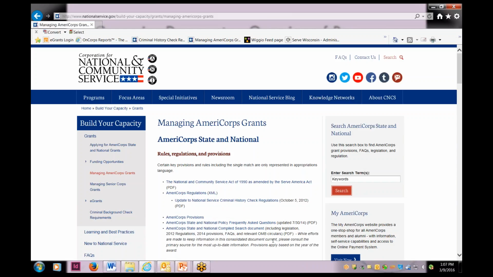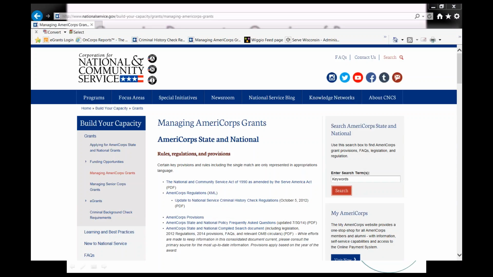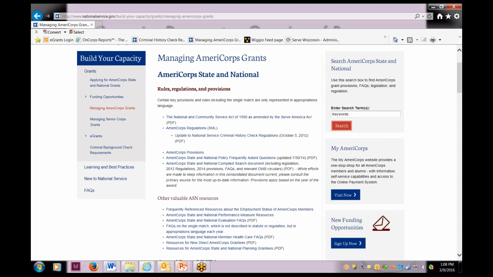It has links to the provisions, it has the regulations, it has the FAQ, it has a mega search. I will note that the mega search is using the 2014 provisions. So if you're looking for information on this 2015 program year, you're going to want to look at the individual provisions and FAQ.